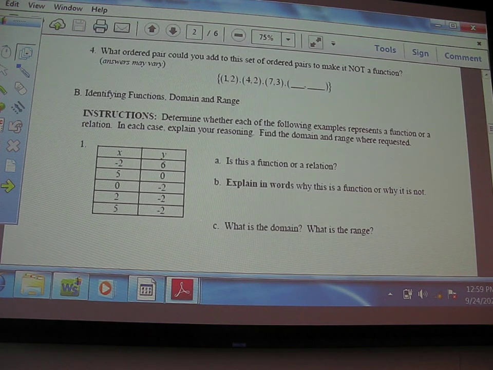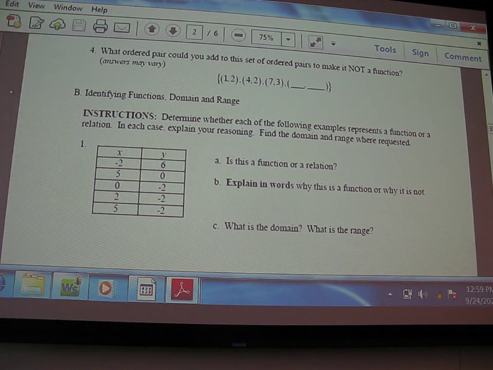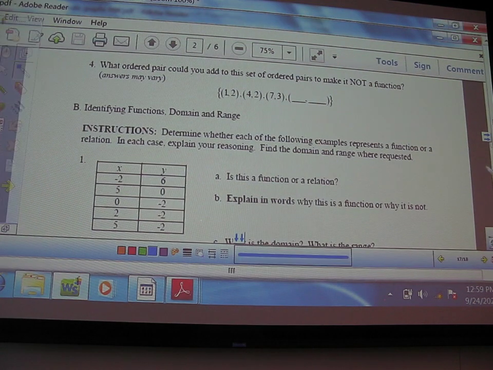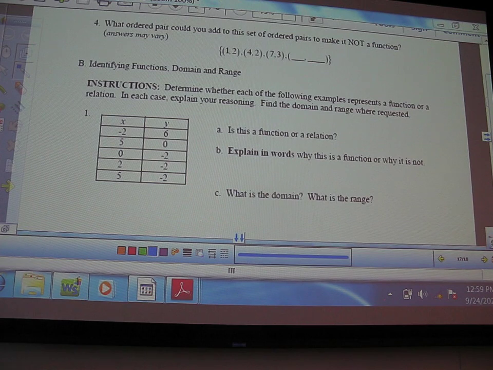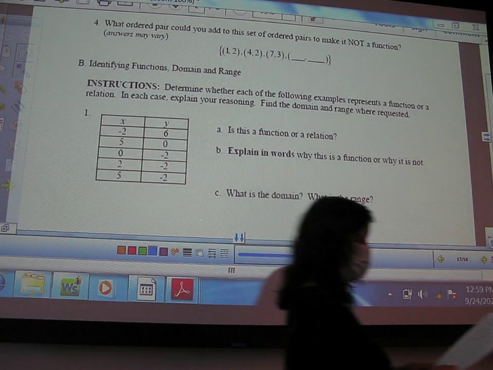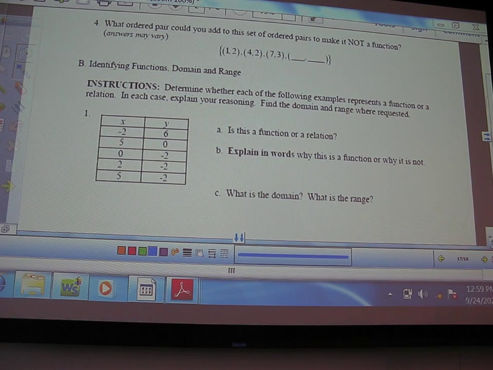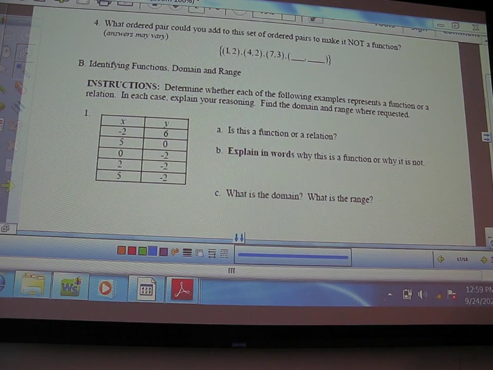What ordered pair could you add to this set of ordered pairs to make it not a function? So let's just look at number 4. What ordered pair can I add to this set of ordered pairs to make it not a function? So my input of 1 has an output of 2. Input of 4